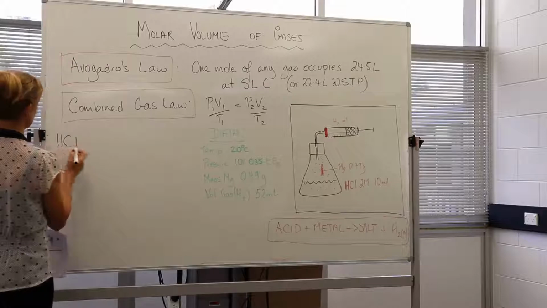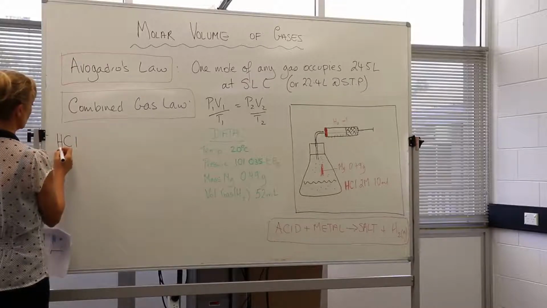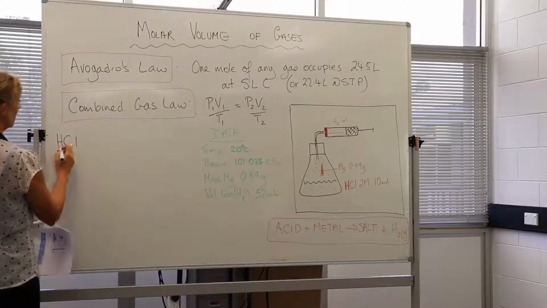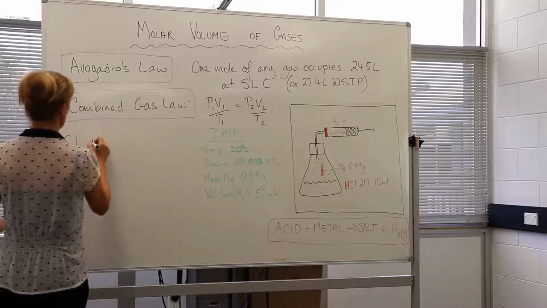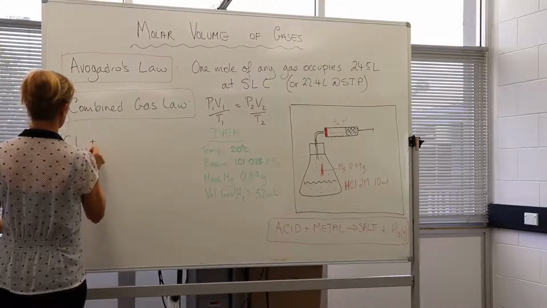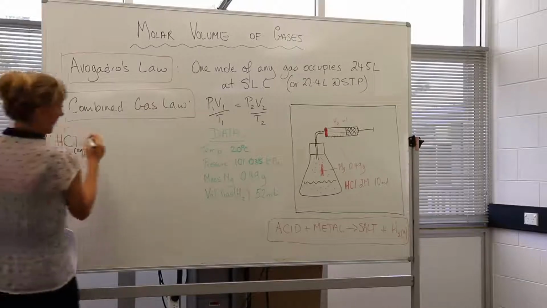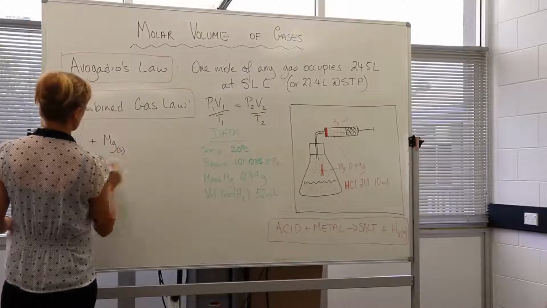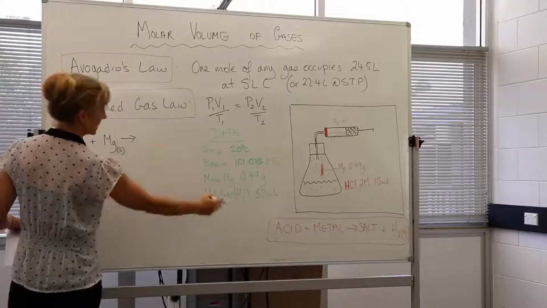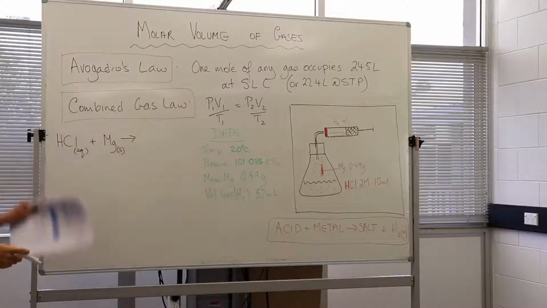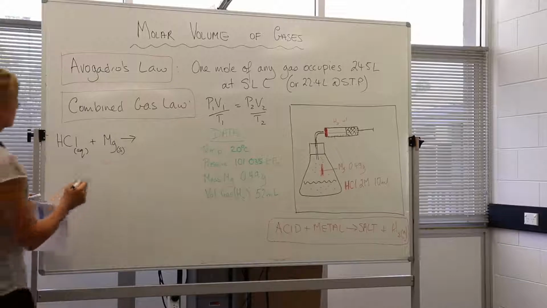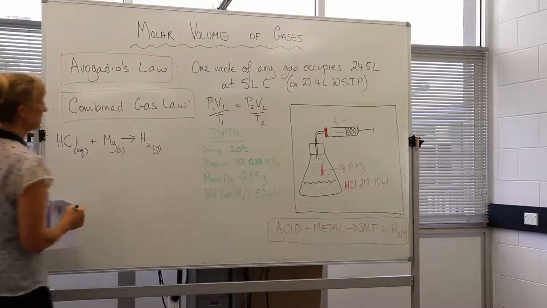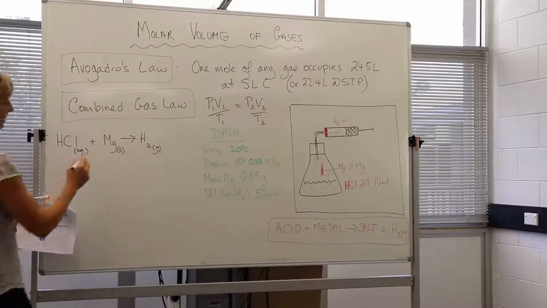But if you didn't, you check your periodic table, you know that hydrogen's +1, chlorine's in group 7, it's -1, +1 -1 equals 0, so that's right, hydrochloric acid, HCl, plus, so it's aqueous, it's in solution, mixed with water, plus our metal, magnesium in this case, it's a solid, and if you look down at the rule, it's going to make a salt and hydrogen gas. So you can write down H2 as a gas, and then